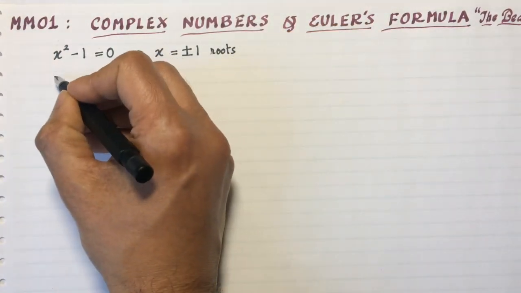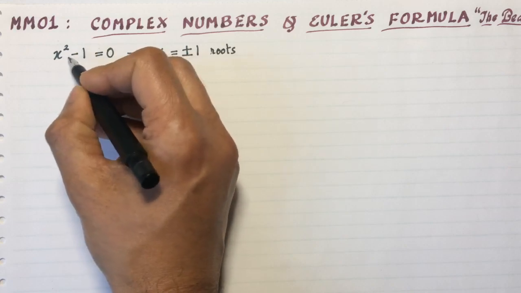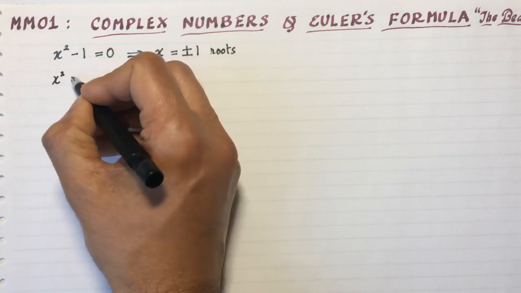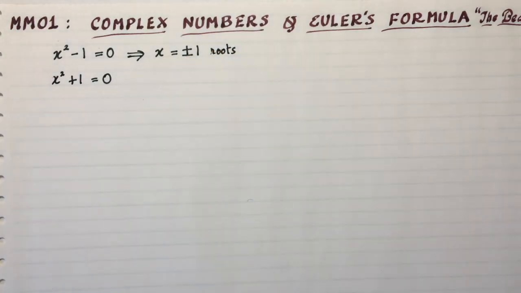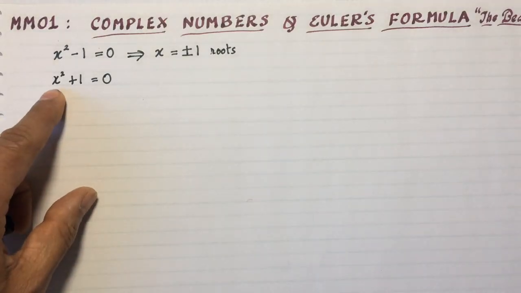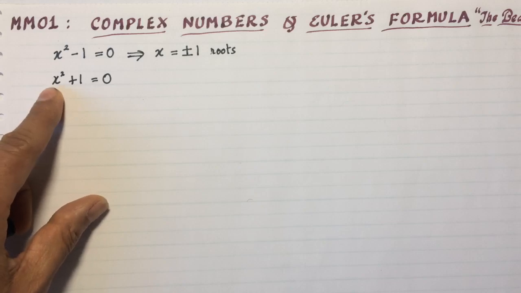What if you had an equation not with a minus, but with a plus? So I have x squared plus 1 equals 0 instead. This equation, you popularly say, has no solutions because no matter what x value you put, you will always have values